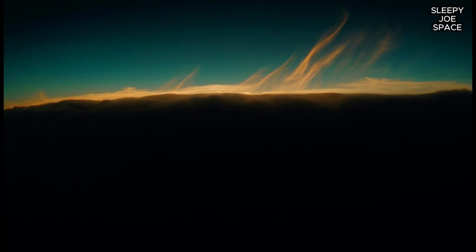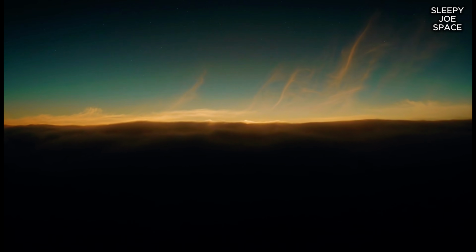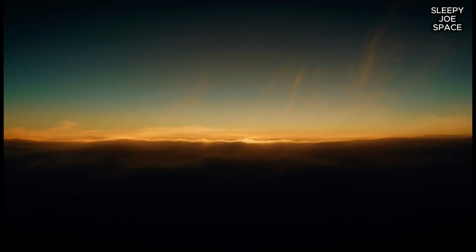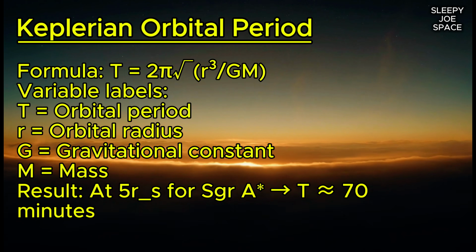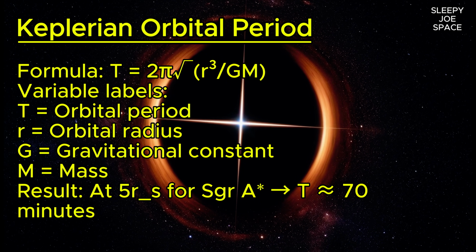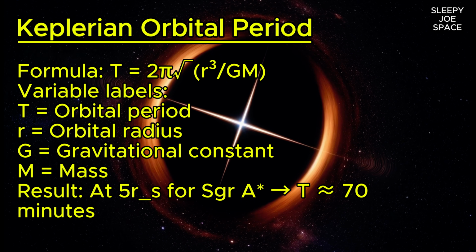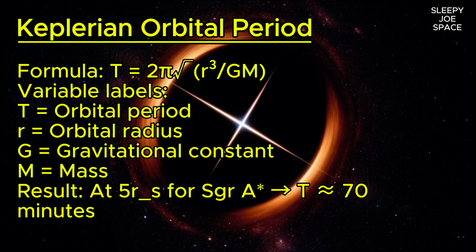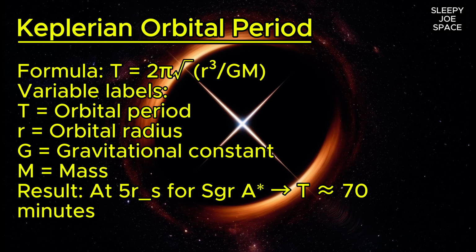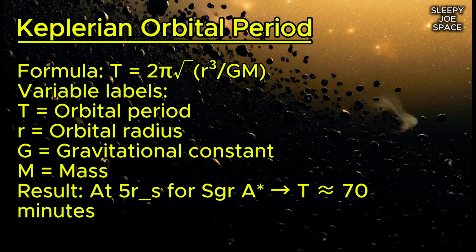The Keplerian orbital period provides the connection. T equals 2 pi times the square root of r cubed over GM. T is the orbital period. R is the orbital radius, G is the gravitational constant, M is the mass. For Sagittarius A star, at 5 Schwarzschild radii, the Keplerian period falls at roughly 70 minutes, consistent with the observed